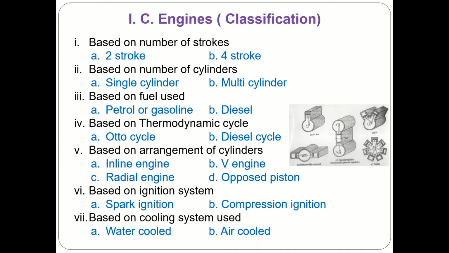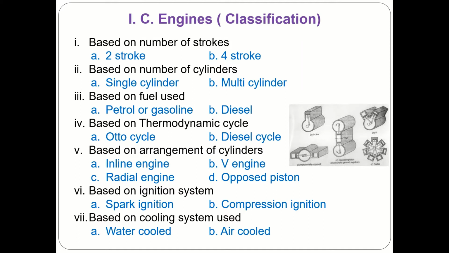In case of a two-stroke engine, the cycle is completed in two strokes of the piston. One stroke means the movement of the piston between the top dead center and the bottom dead center. So in any one direction, when the piston moves from top dead center to bottom dead center or from bottom to top dead center, it completes one stroke. If the cycle is completed in two such strokes, then we say that it is a two-stroke engine. But if the engine utilizes four individual strokes, then that is categorized as the four-stroke engine.